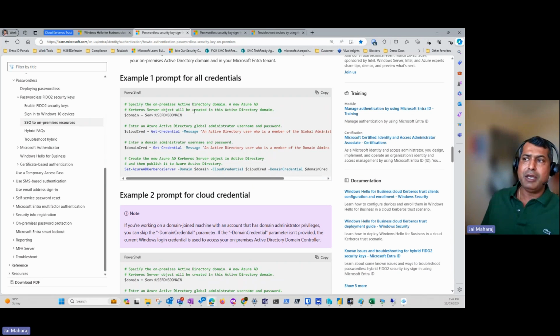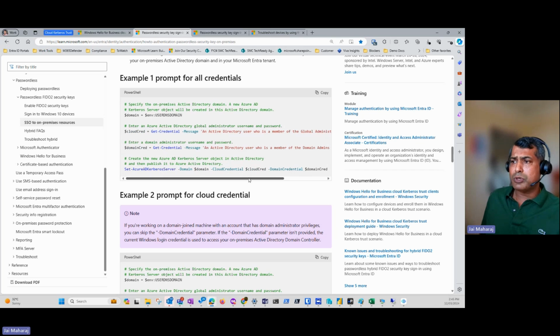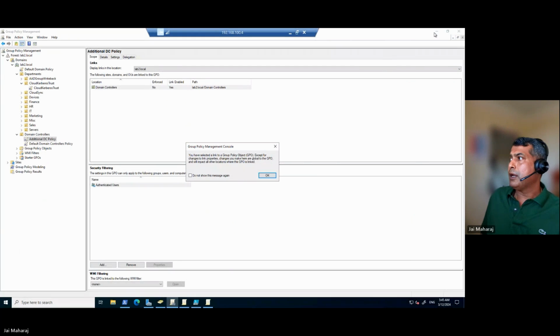But the key command over here is this, Set-AzureADKerberosServer. You provide the domain name, the cloud credential, which is your Entra ID credential, and your domain credential if you are running it from some box which is not part of the domain. So once you run this, what happens is you'll get an object, and if I minimize this screen,